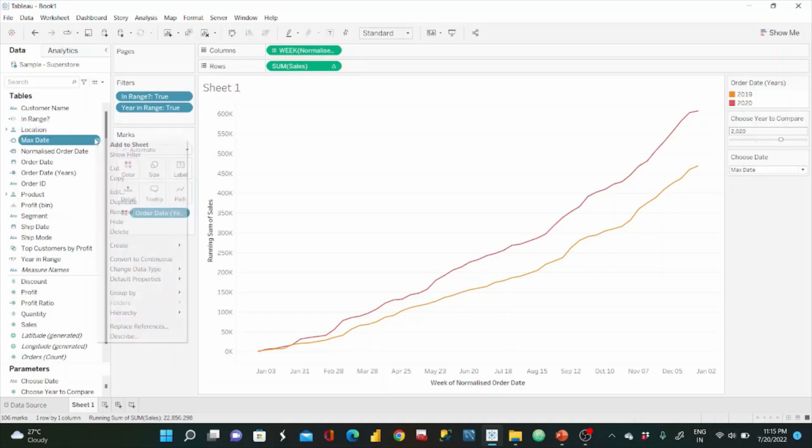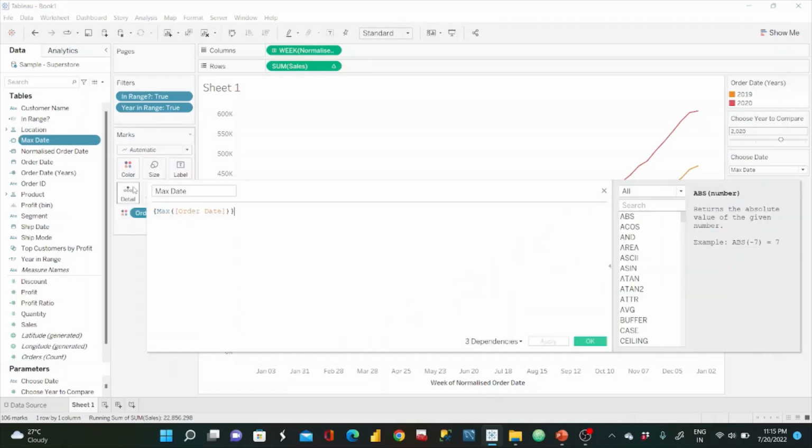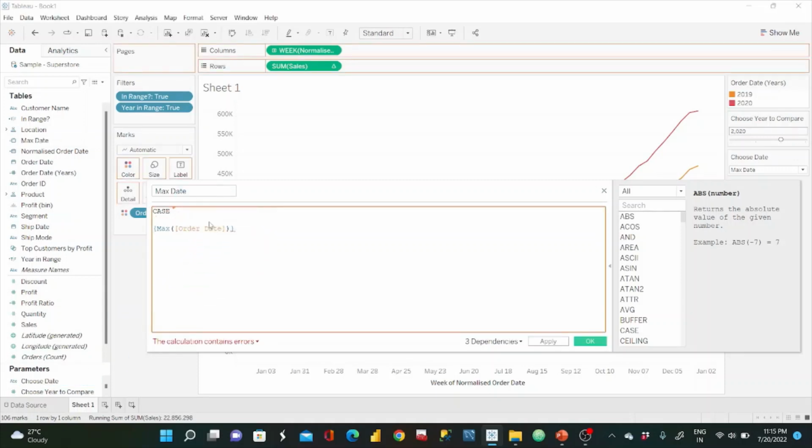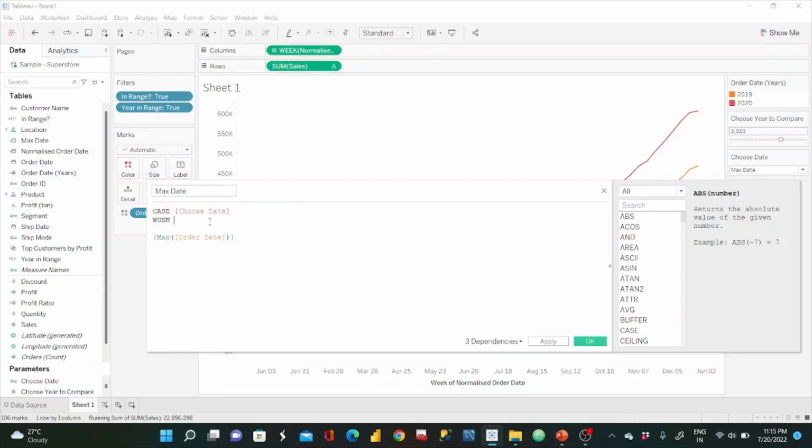So what we can do is go back to our maximum date calculation, and in this case we can give one simple case statement. So case our parameter, choose date. When the user selects maximum date, make sure the spelling you write here is the same as the parameter that you have given. So when we are writing maximum date, then I want this function that we have already calculated,